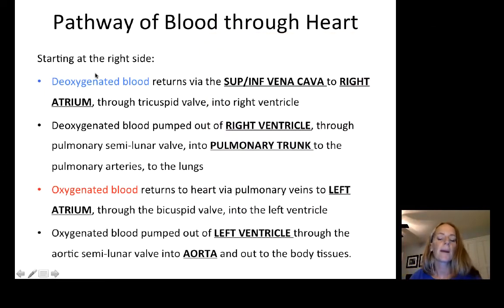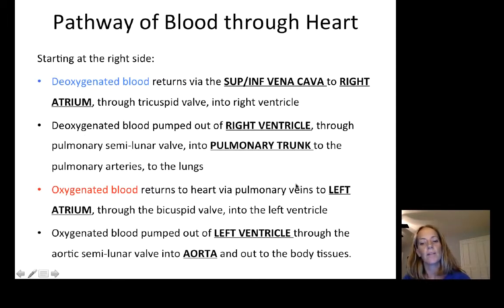So starting at the right side, we have deoxygenated blood returning to the right atrium through the large blood vessel, which is the superior and inferior vena cava. And then from the right atrium, there is a valve to get into the right ventricle. That's called the tricuspid valve. From the right ventricle, then, it's going to be pumped out of another valve, through another valve, the semilunar valve, into the pulmonary trunk. From there, it'll go to the lungs, and the lungs will oxygenate the blood, returning to